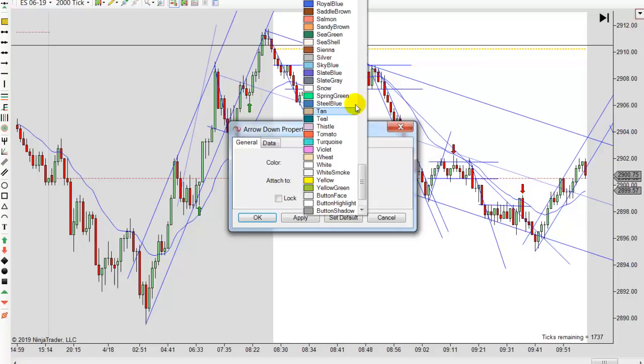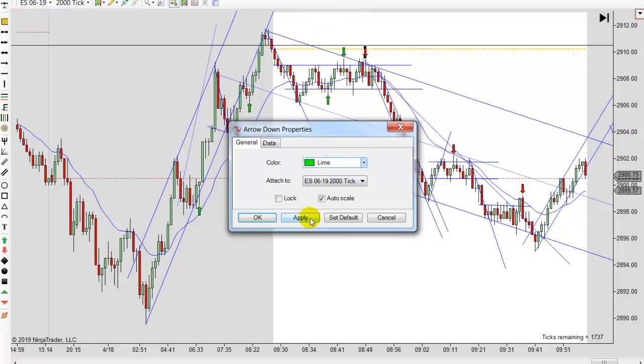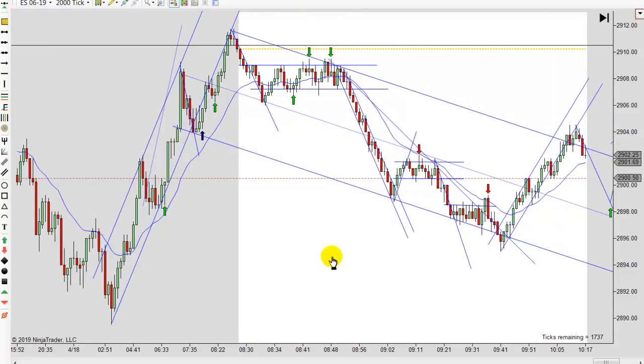And I would probably skip it if it were me. Otherwise, if you get in here, then you get to ride this down. If you don't get in there, you definitely better not be entering right here, because it's right into all that support. And that's just, notice how it bounced there.